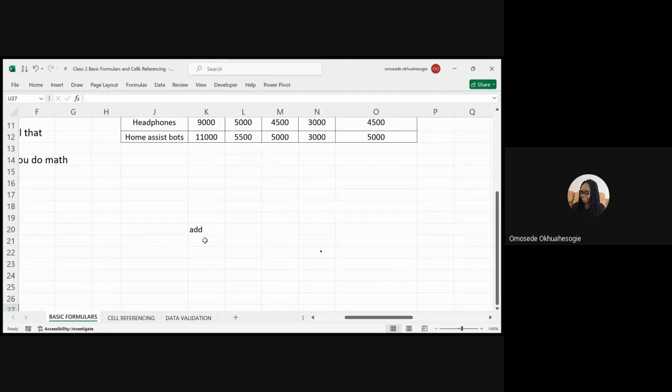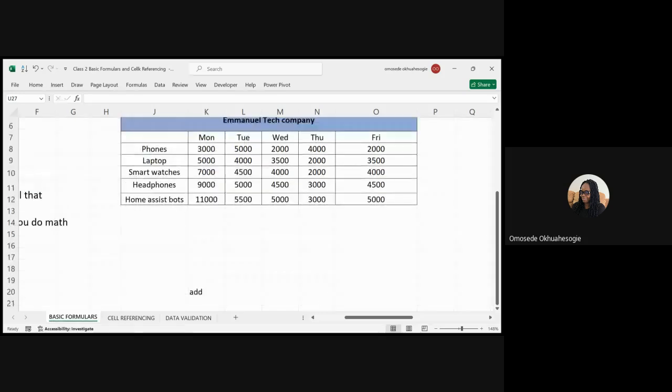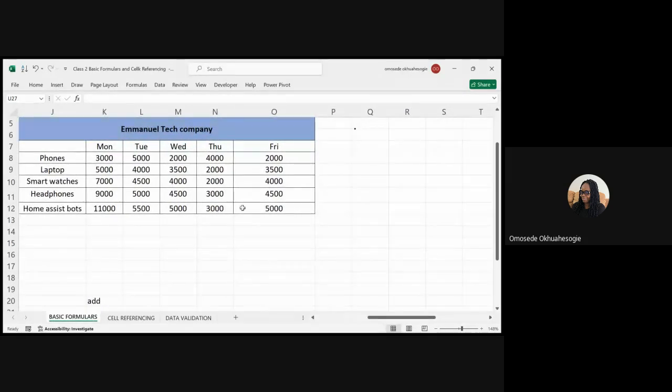So basic arithmetic operations, we have addition, subtraction, multiplication, division, we also have the mod, then we have integer. Those are the basic arithmetic operators. So let's work with our initial table, the one we created yesterday, which was Emmanuel's Tech Company. I want to get the total value for Monday and Wednesday. So I can say is equal to